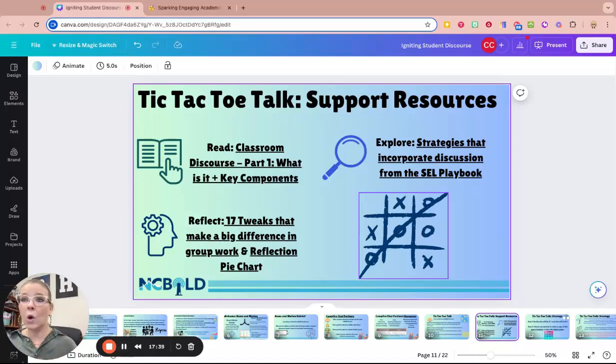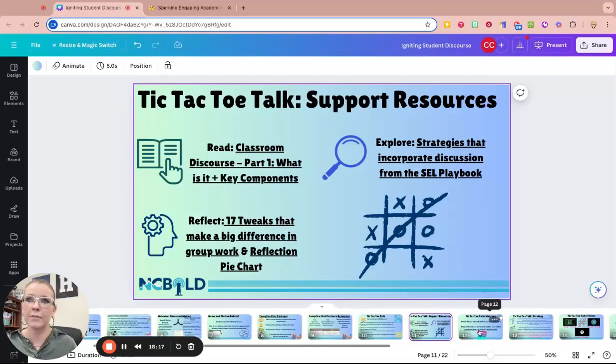On the next slide, I always provide support resources. So you don't necessarily have to use these resources to answer those questions, but because I'm going to get you talking with your partner and talking a lot, it is potential for you to struggle to find new information the longer I let this protocol go on. So a modification to this strategy is making sure there's some sort of support resource, because if one of the partners gets stuck and can't keep producing new information, there's a support resource that they could go look at and try to offer something new to the conversation. So that's the purpose of this slide.